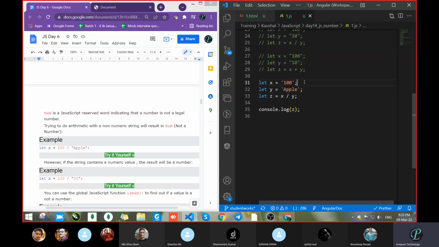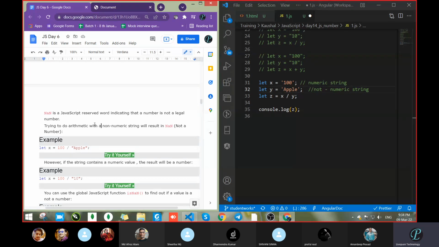A numeric string is this one: a number, but in string form. In our second case, that is not a numeric string.